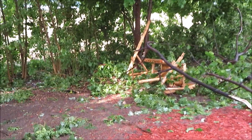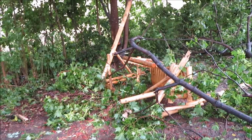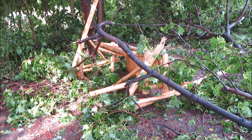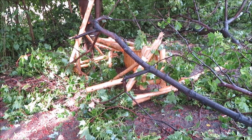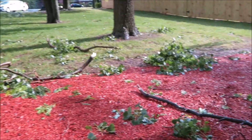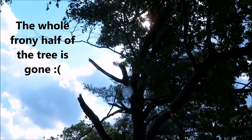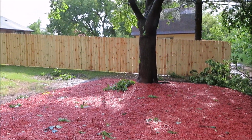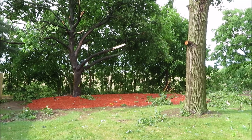Look at this whole branch. Where did this come from? What tree? This tree right here. No. Oh my goodness. The swing we love to swing on. Oh my God. That's a big one. Yeah, it came from right there. Oh my God, look at this. This tree was so beautiful. Oh, I'm just glad it didn't...